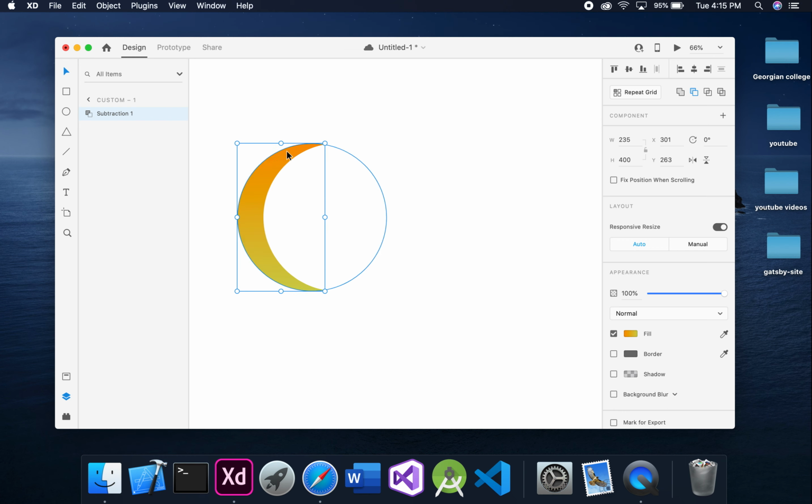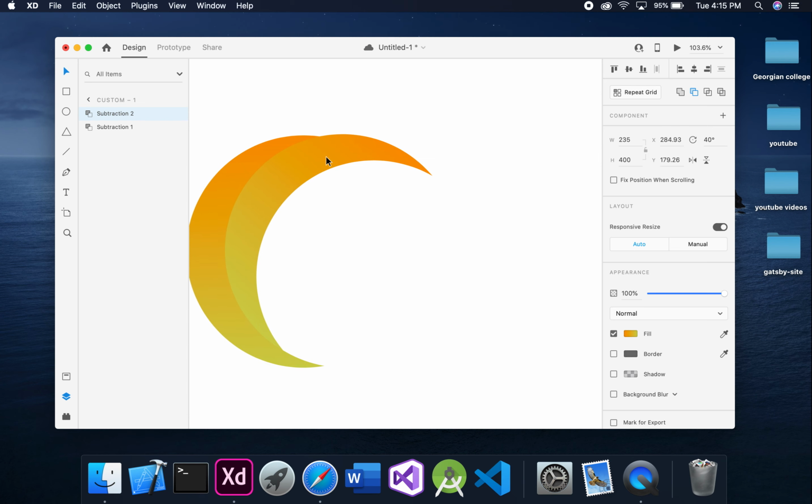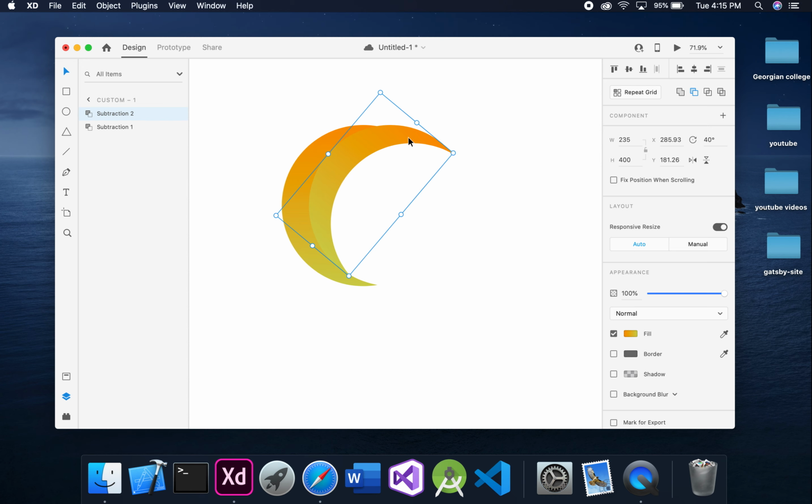And now I'm copying the circle and pasting it, and I'm rotating it by 40 degrees, and I'm moving it a little bit inside. Make sure it gets covered in a round shape, like don't keep your circle like this off way or something similar to that. So make sure it was covered wholly. And now again click on that, copy, paste, and rotate it by 80, and make sure again everything is